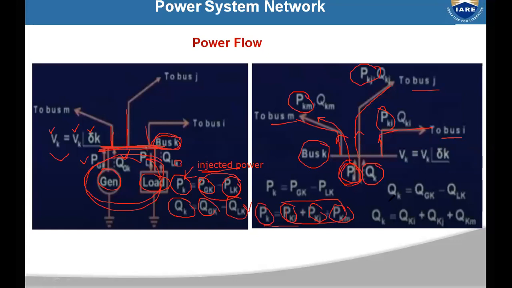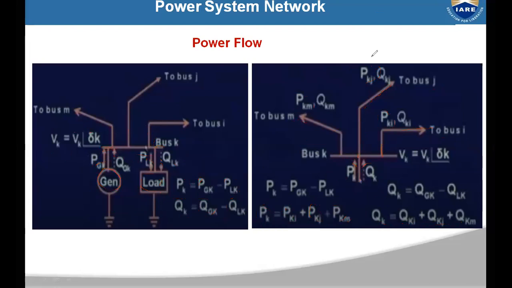Okay, similarly the reactive power also. QK is the injected power at bus K, which is reactive power. So this is equal to the sum of all the powers received by the other buses which are connected to this bus K. So QKI plus QKJ plus QKM. Okay,